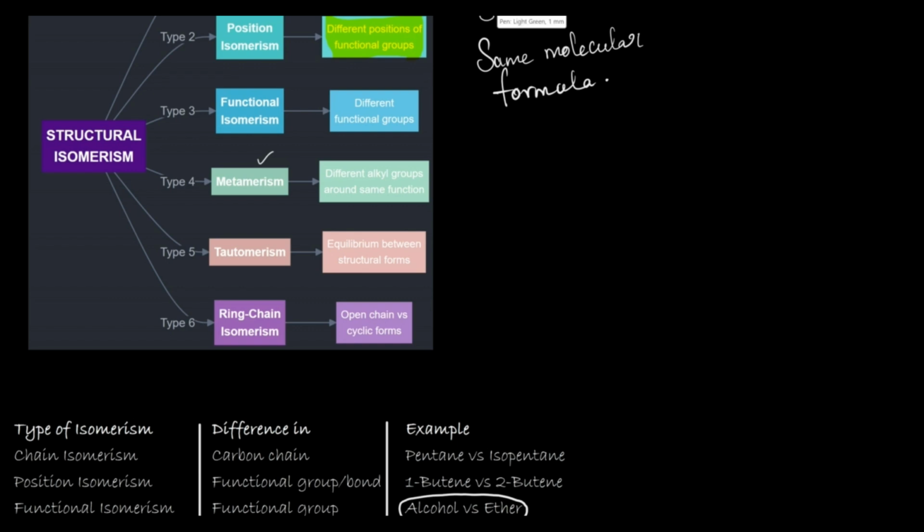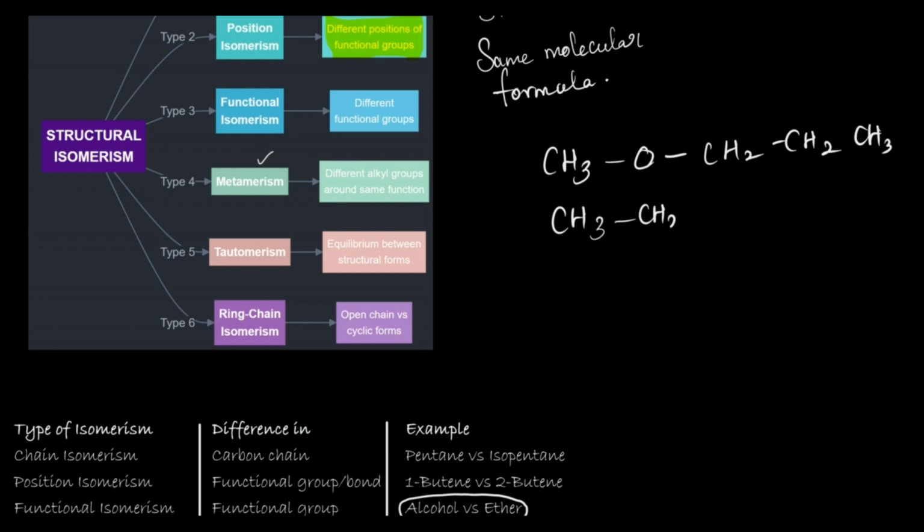What is metamerism? Once again, it has the same functional group and the same molecular formula, but different alkyl groups attached. For example, here I am having an ether, CH3O CH2 CH2 CH3. Another isomer of the same compound is CH3 CH2 O CH2 CH3. The molecular formula is the same, C4